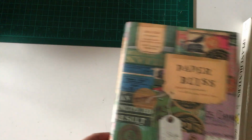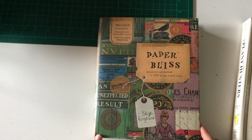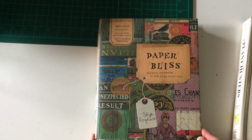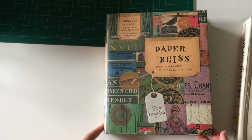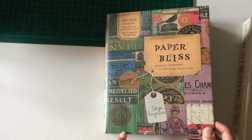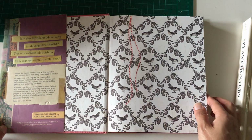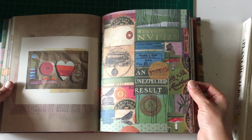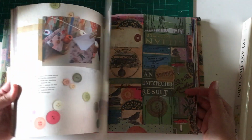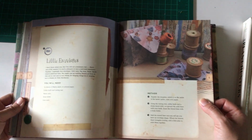One of the paper books that I found, I paid quite a bit more for this one. I think this one was $20, but I don't plan on cutting this one up at all. This one will stay in my library for me to enjoy. It's called Paper Bliss by Skye Rogers, and it is filled with beautiful pages which are all matte, giving you ideas on paper crafts